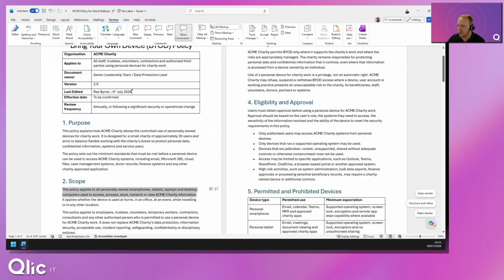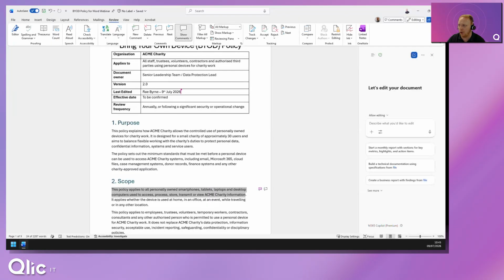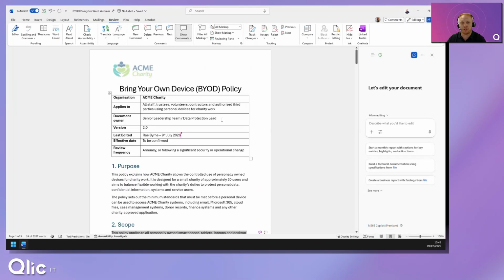So the first one we'll do, let's say for argument's sake, I'm an employee and I've just received this BYOD policy from our IT team, or from our IT provider, or from our leadership team, and I haven't really got time to read it. I just need to understand something quick about it. So obviously I can do